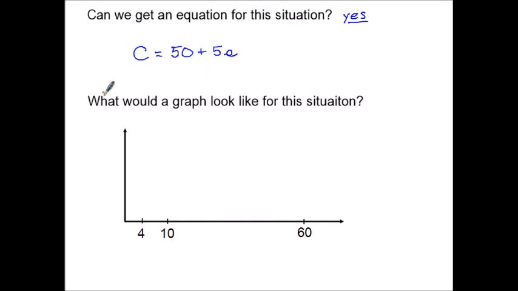Sometimes it's better to have a picture, because if you have a graph, quite honestly, sometimes you can read things off the graph that make things a little easier to deal with. So for instance, we had 4 and 70, we had 10 and 100, and then we had 60 and 350. If I think about numbers I could put on my basic C-axis, whereas this is my S-axis for shirts, and C-axis for cost, well, if I put something up here around 350,